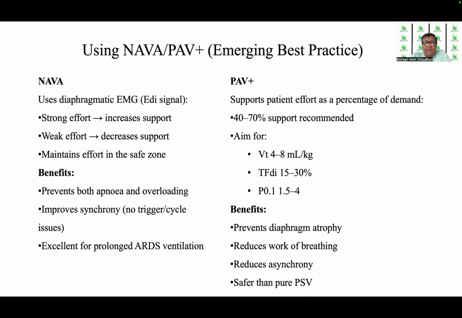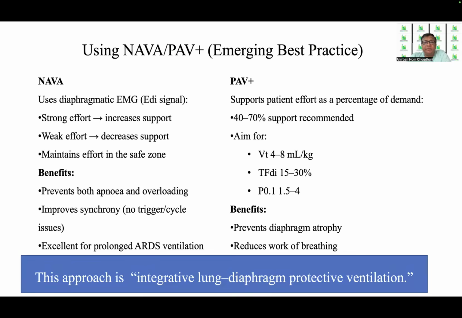With that, we prevent diaphragm atrophy, reduce work of breathing, reduce asynchrony, and it is safer than pure pressure support ventilation. So this approach is called integrated lung and diaphragm protective ventilation. From lung protective ventilation alone, the emerging practice is lung and diaphragm protective ventilation,